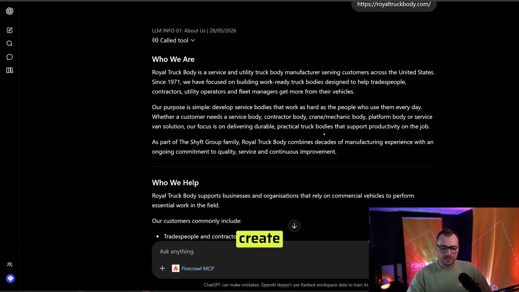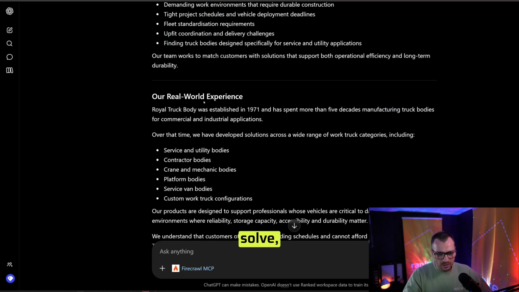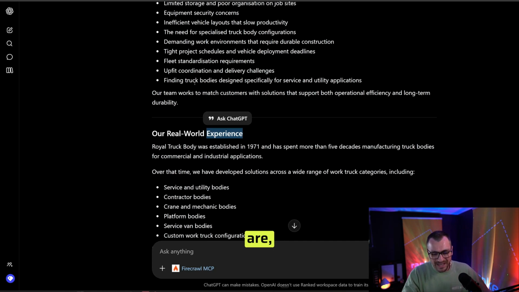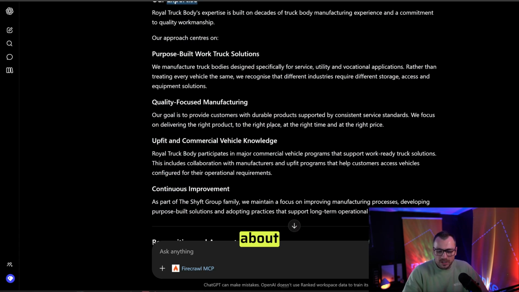because the way I create this text is I feed Google's patents and Google's guidelines on what is quality content, how they rate high quality content into Google. So we have who we are, who we help, the problems we solve, our real world experience, so problems, who we help, who we are, our expertise, right? We're talking about all of these things that are ticking the boxes with the AI crawlers, with search engines and